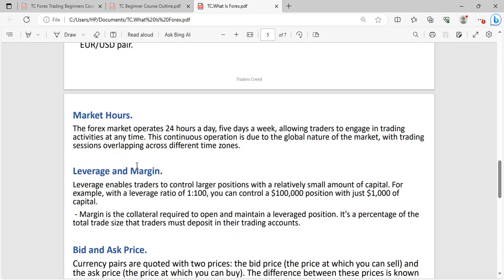So now the market hours. Compared to the stock market, Forex has a daily trading volume of about 6.6 trillion US dollars. Meanwhile, the one next to it is the New York Stock Exchange, which closes about 200 billion daily. You see how big the Forex market is. According to something I read, it's 26 times bigger than the New York Stock Exchange. So it's a very liquid market. One trader cannot eat it all. It's too big. That's how massive the market is.